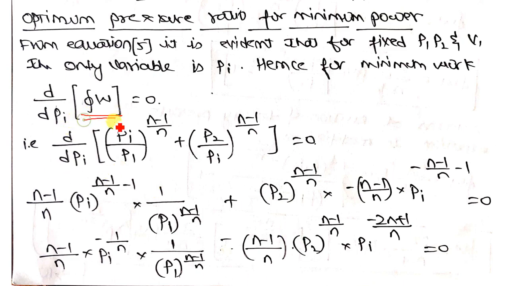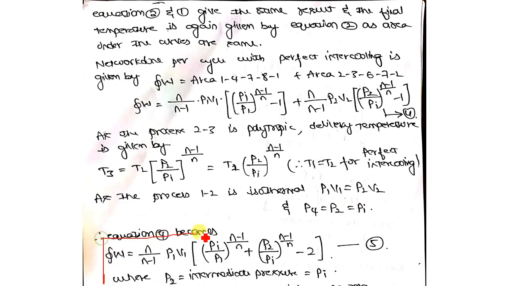So if you differentiate the work done expression with respect to Pi, let us see first of all what the work done expression is. So this is your work done expression which you have just derived, correct? In this expression, I must differentiate with respect to Pi. Look where Pi is. Pi is here as well as here, correct? So this particular thing becomes constant. n is anyhow constant. P1 we have treated as constant and V1 we have treated as constant. So this particular thing has no meaning. So I can take only this thing. Again, this is constant here. So I would take only this particular part of that expression, which I have taken here.